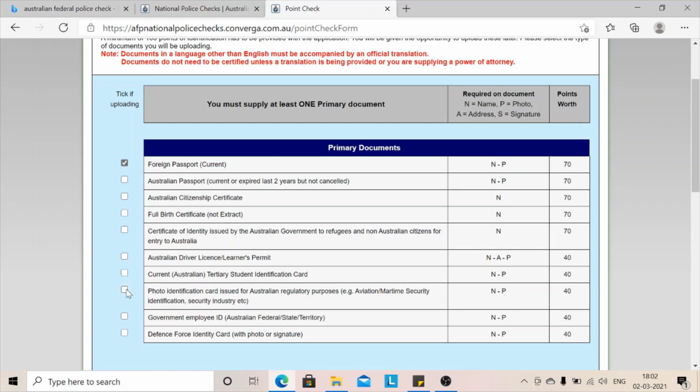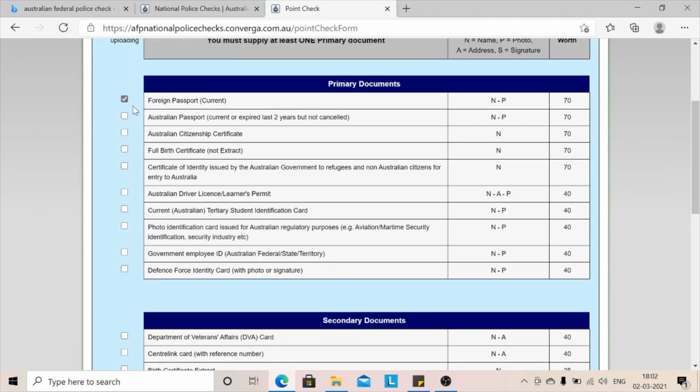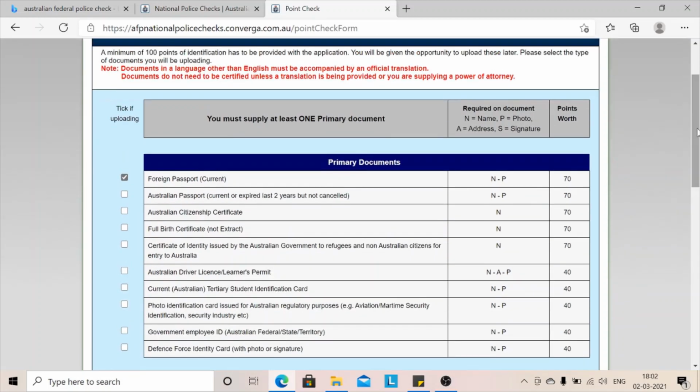I don't have this because I work in retail. I'm not a government employee, and I'm not in defense, so I won't take these, right? I only have one, and the condition here is you must have at least one primary document. I have one, so I go with that.